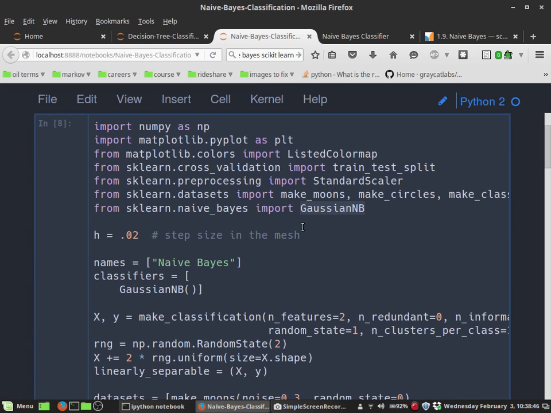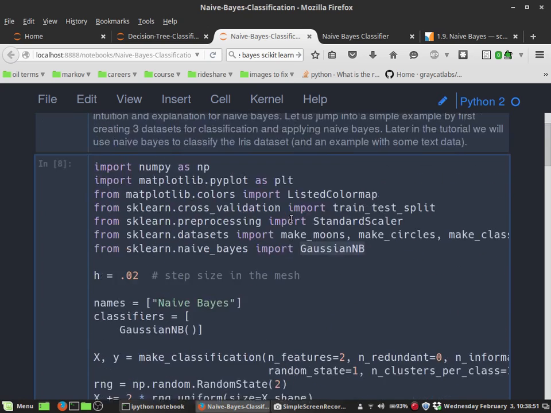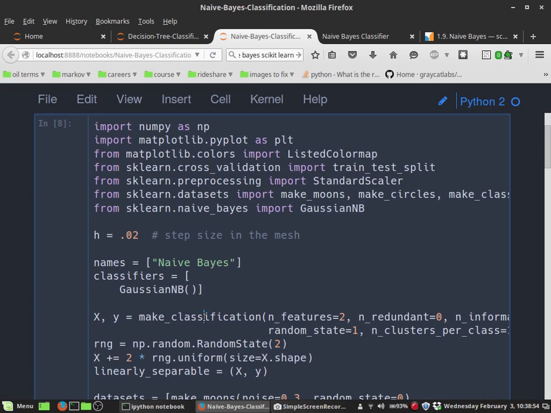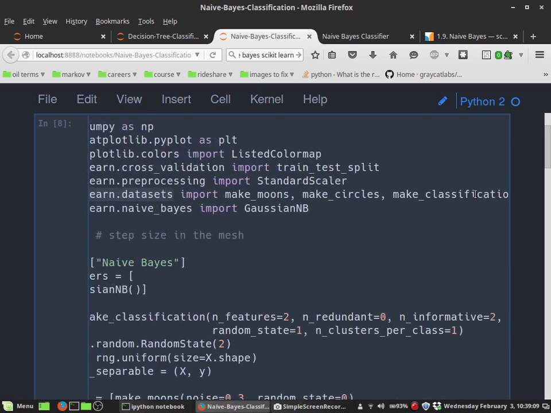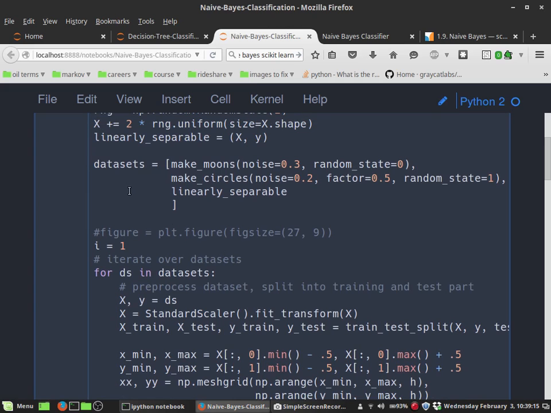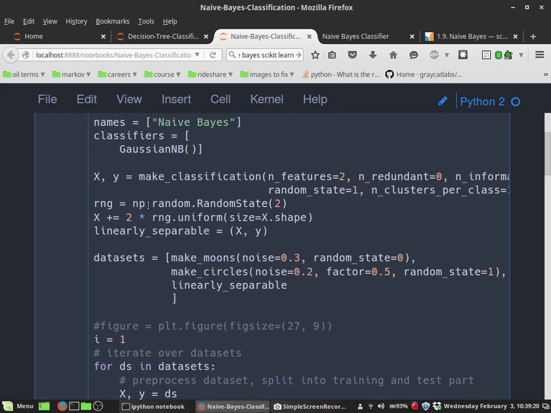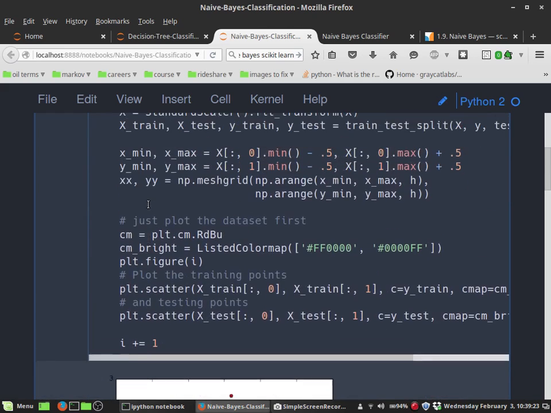Right now what I'm going to do is make classification data, and there's actually a function in scikit-learn called make classification, and it's in the datasets, so you can make different types of data. In this example, I'm just going to make dummy data to show you an intuition of how the algorithms work. I'm going to go into making moons, making circles, and then making a classification, which is just going to be linear. Basically, in this code, all I'm doing is making 3 sets of data, one of them being moons, one of them being circles, and the other being linear. And if we run this code,